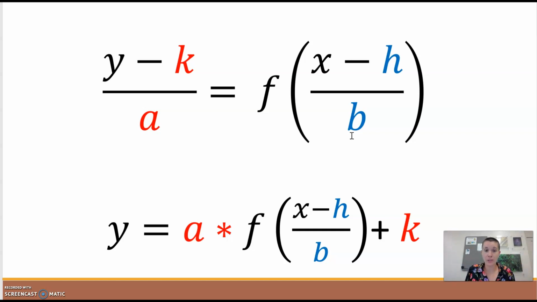So final thing we have is our vertical stretches and compressions. So same kind of deal here. If we stretch vertically by 3, our a is 3. If you use this equation, that means you will have y over 3 for your vertical stretch. If you use this equation, you will have y equals 3 times f of x. So once again, that's why I like this equation better, because it behaves the same on both sides, but over here it does not. So just remember that if you're using this equation, your vertical transformations behave the opposite of